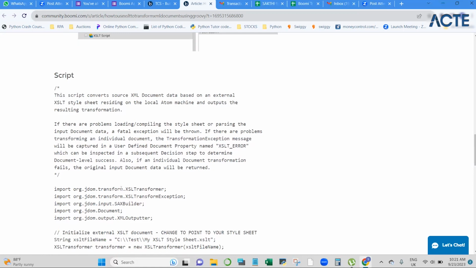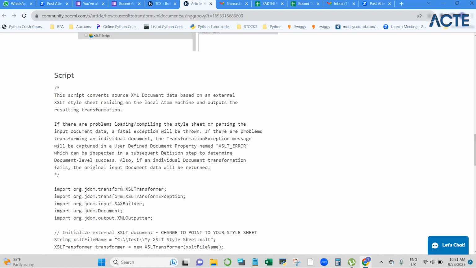I mean, in real time, this kind of recognition. Yeah, I'm telling you. If the client is giving you some XSLT or XML document, they are passing the XML document from the source. Okay. If the client wants that to be converted into human readable format, let me give you an example of